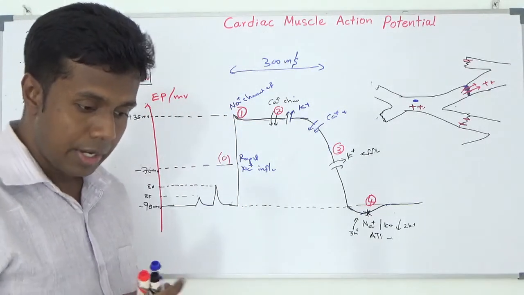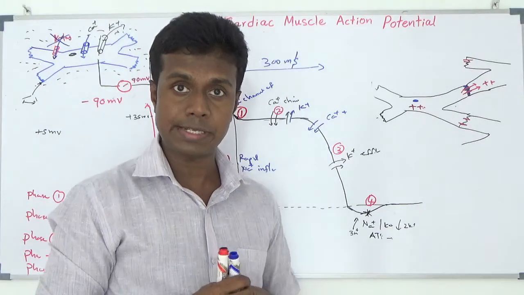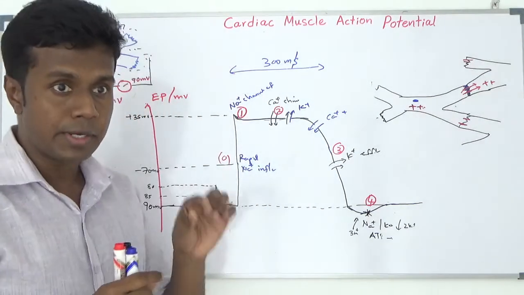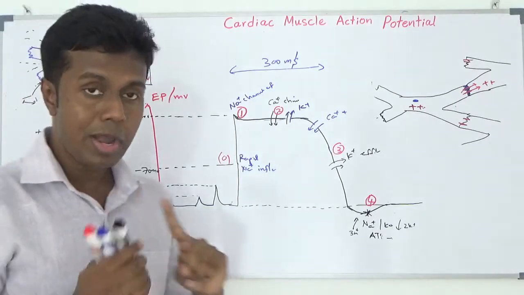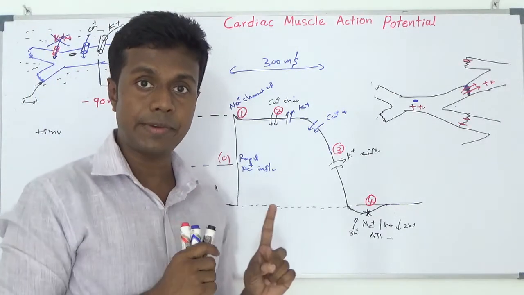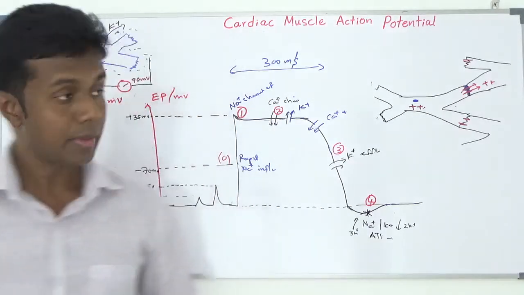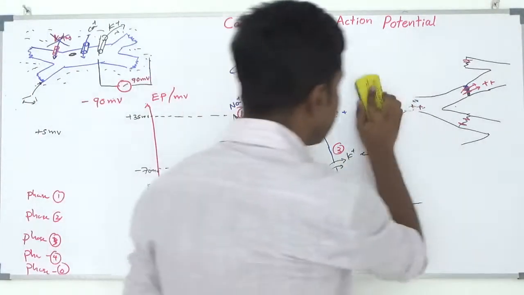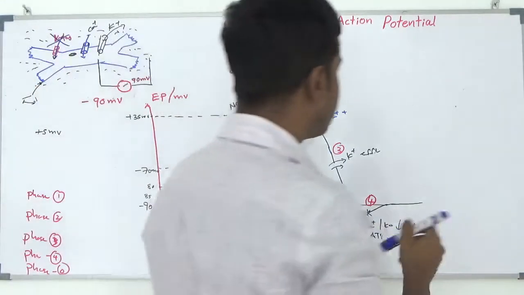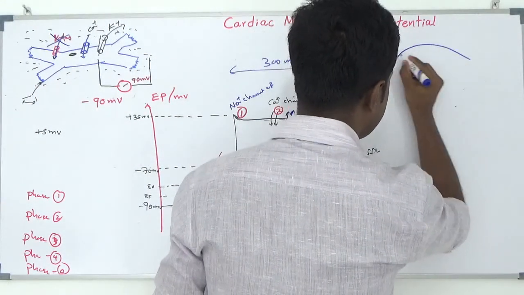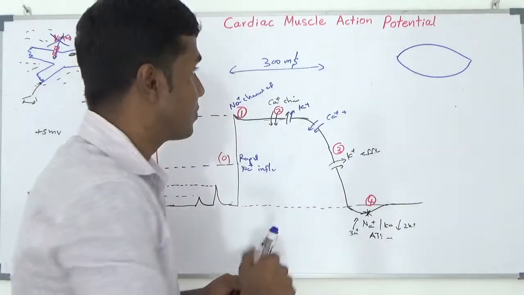Then I said, give me a sample of those cells as well. He sent me a whitish cell sample called the SA nodal cell sample. Now I am going to check the electrical potential activity of the SA nodal cells. Those cells are some kind of this shape, not like other cells, with not too many intercalated discs.